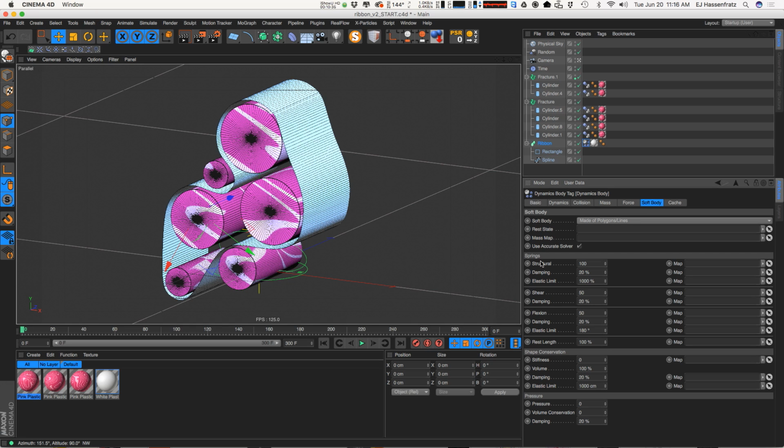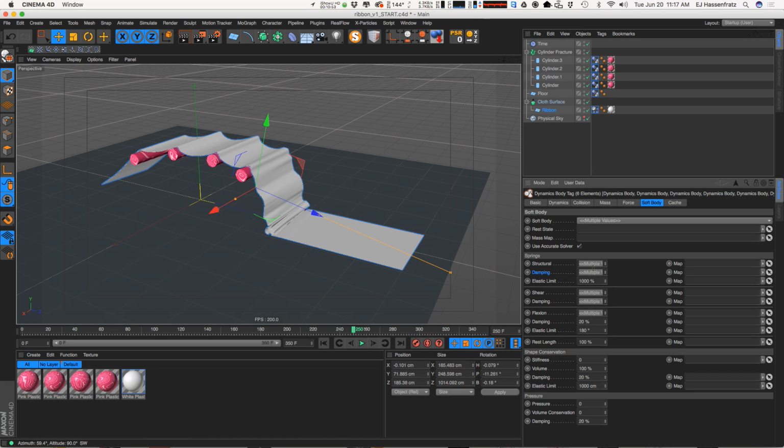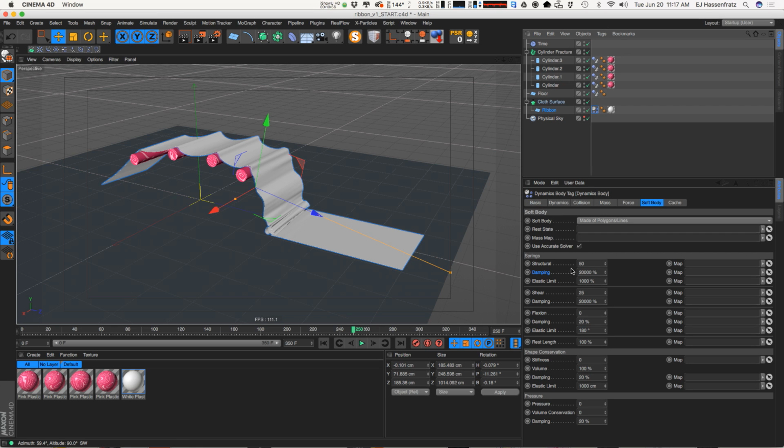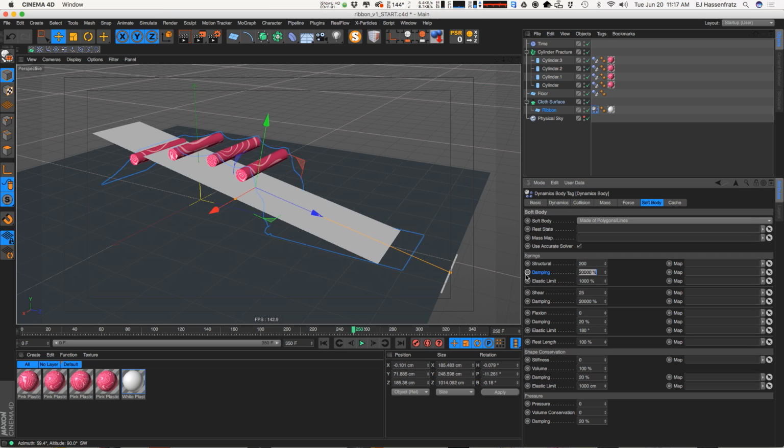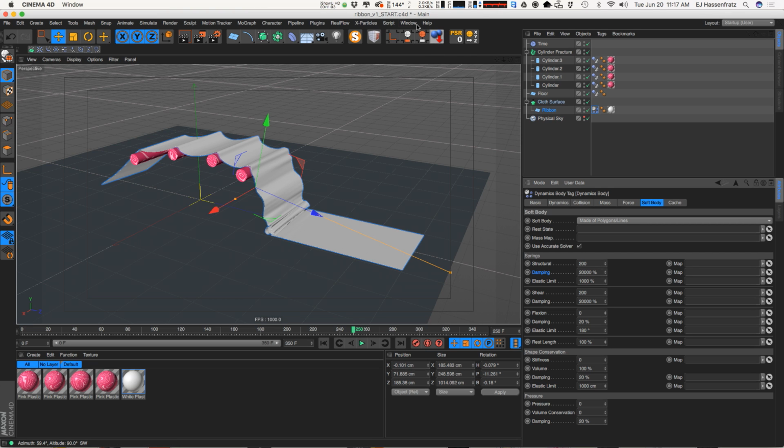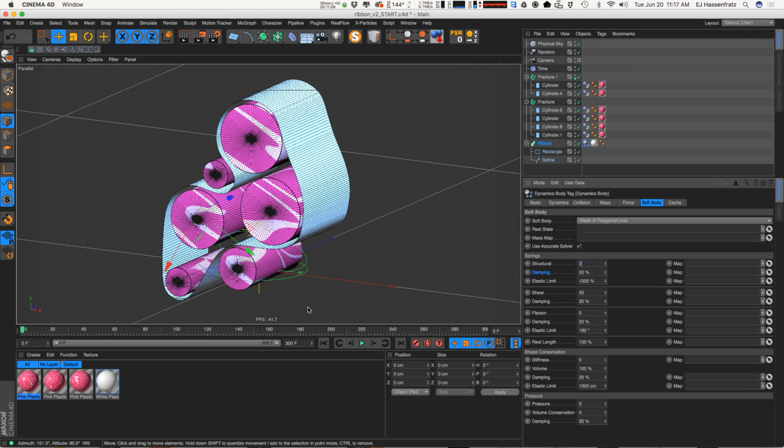It is all in the soft body settings here. Now remember, in our last example, we had no flexion. Get out of here, flexion. And we had very high values, a scientific crap ton of springs and some dampening. So let's go back and check what those values were, so we can start with those. 200 and 200, and let's give that a go. So we'll do 200 in the structural, 200 in the shear, and then for the dampening, crap ton,